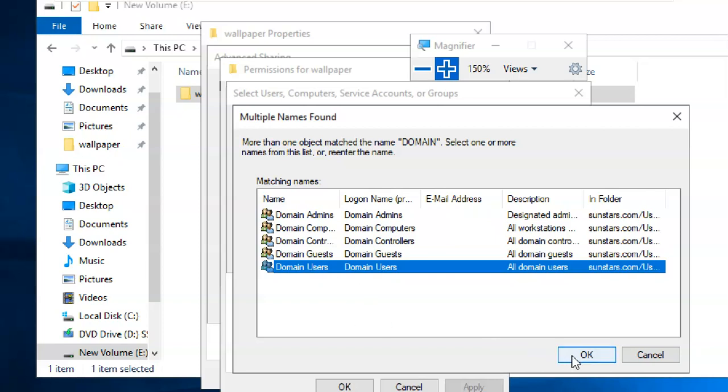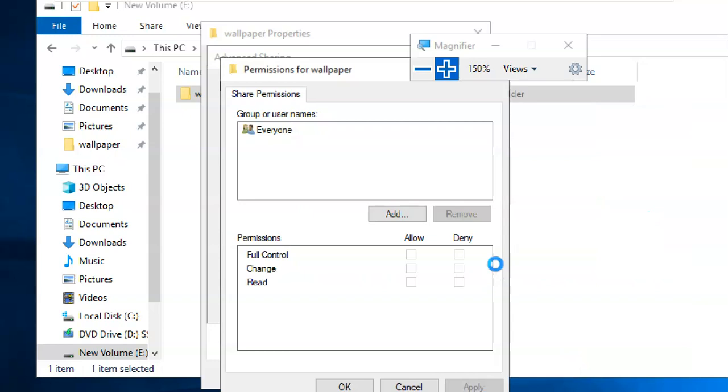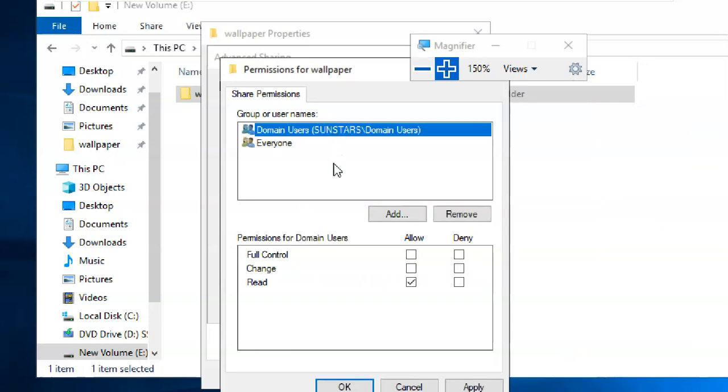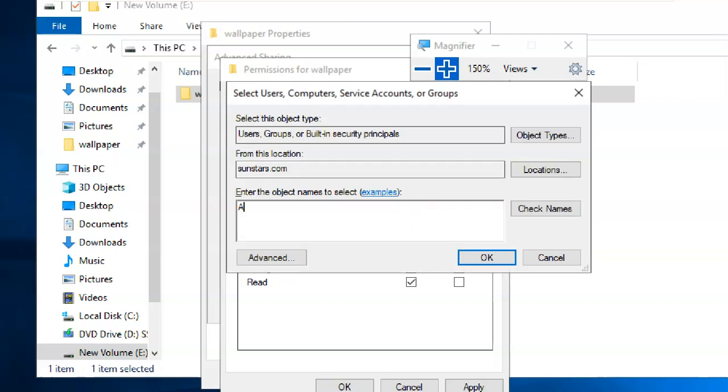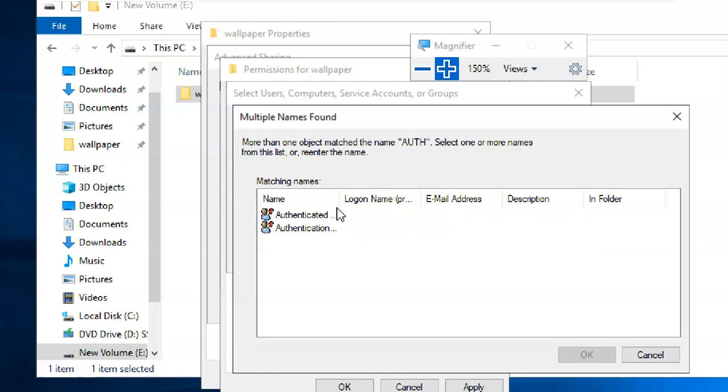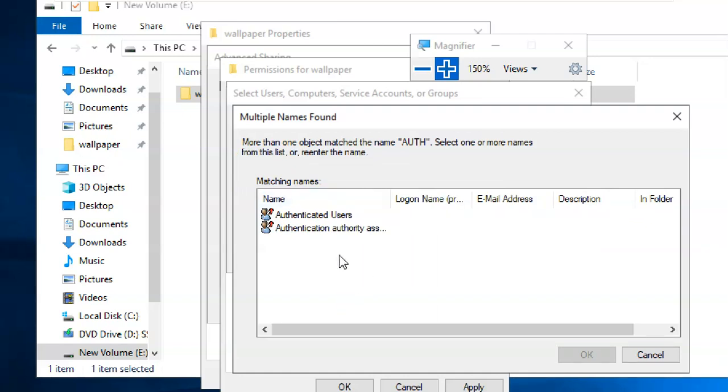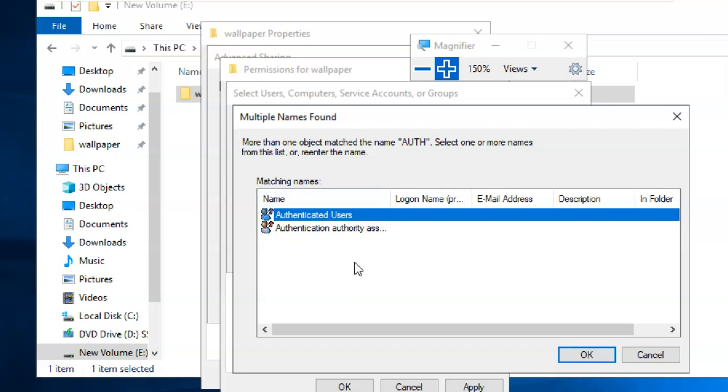You can add a particular group, or maybe all domain users, or maybe you can add authenticated users. This is also an anonymous group type, not a particular group.